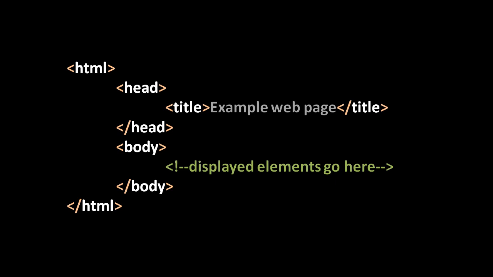So just like in a programming language, everything in a comment is ignored. The only thing to watch out for is that, just like with the multi-line comments in C syntax and Java, in JavaScript, the slash asterisk slash multi-line comments, you can't nest them, remember? You can't put one inside the other, otherwise that screws up the